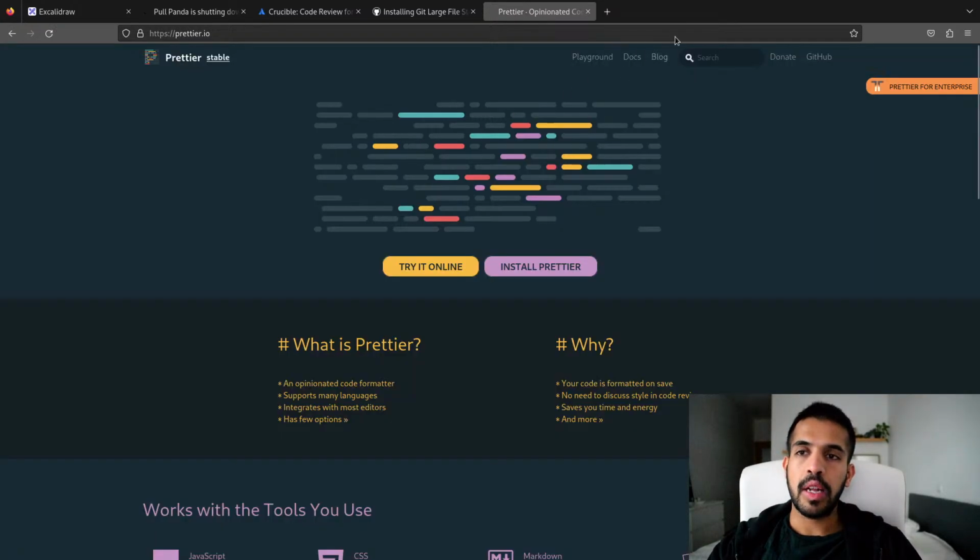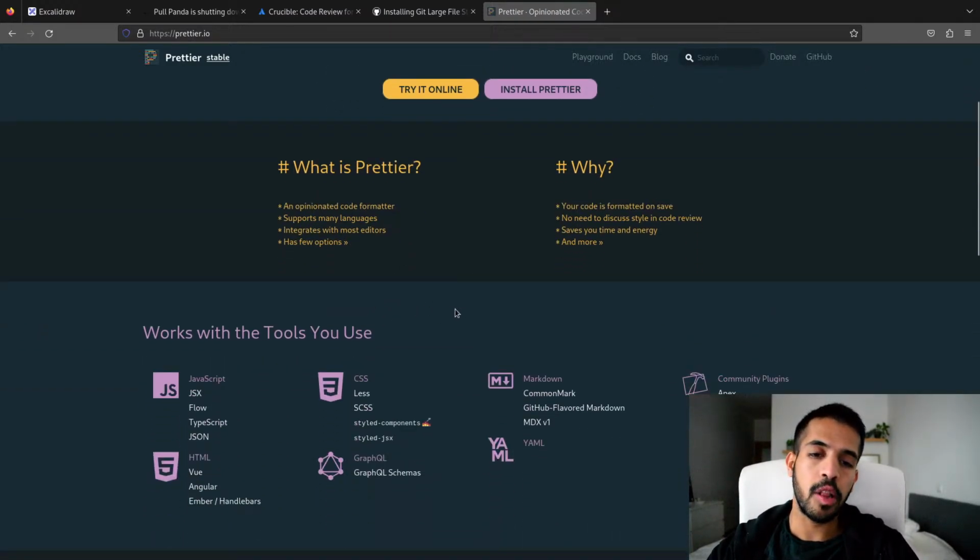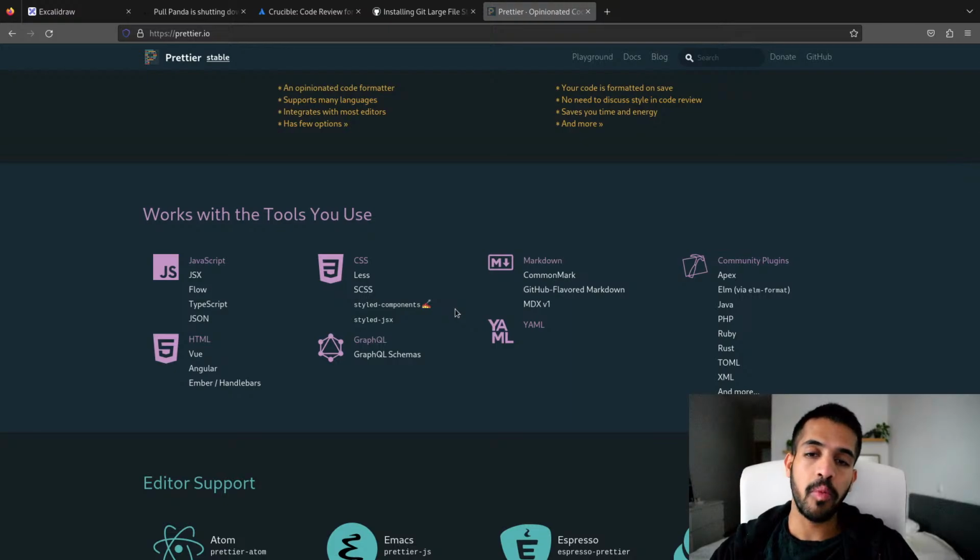Once you set these up, then for the most part you can forget about formatting, because Prettier, for example, will automatically format your code how you set it up, so you don't have to worry about formatting at all.